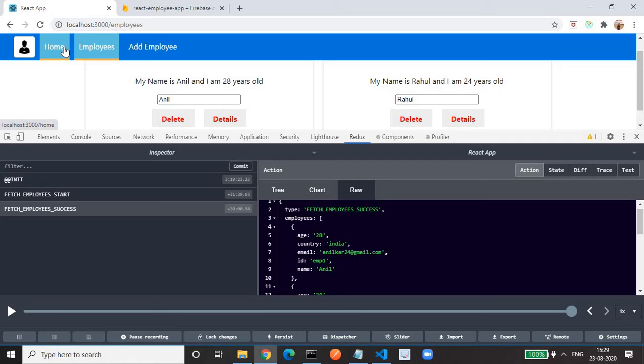It means we have a centralized database, like an in-memory database store, where we are storing the state of the application, where we are storing the data. Whichever component needs that data, it can subscribe, it can connect to the store.